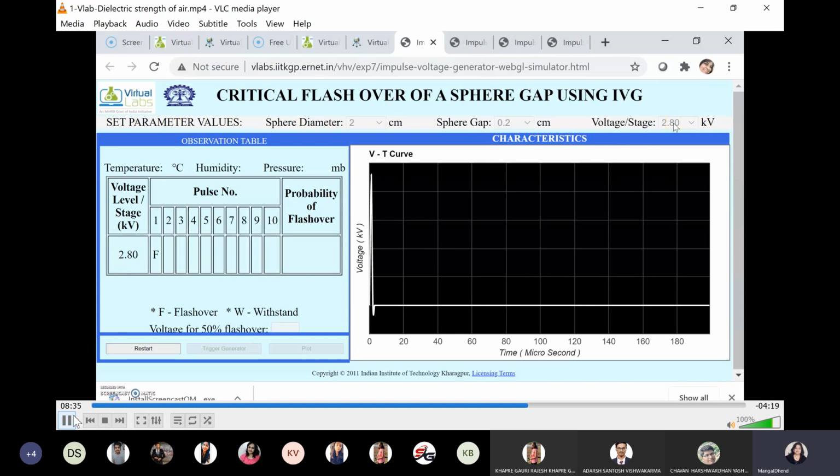Okay, as per our experiment objective. What is our experimental objective? To find out the breakdown voltage of air. Keep some gap distance. The diameter of the electrode is 2 centimeter. Keep the gap distance 0.2 centimeter, and find out at what voltage breakdown has occurred. Now roll numbers 1 to 15 will do it with variable diameter and gap distance, and 16 to 37 will do the largest diameter and sphere gap. But you need to go from lower voltage to higher voltage sequentially.